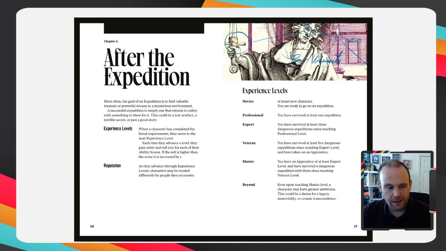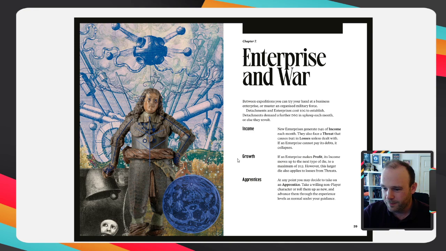So, advancement in Into the Odd is based on achieving things. To advance from novice to professional, you just need to survive an expedition. That'll get you some more HP, and maybe your ability scores will go up. It's a very simple system because you are going to get slightly better just from going up in experience levels, but the main way your characters are going to change is from accumulating resources, from getting hold of Arcana that let you do new things, and from getting warped and twisted in weird ways by the monsters in this world. There's a very simple system for Enterprise and War,